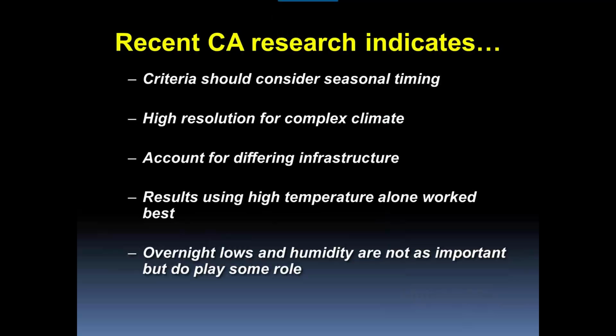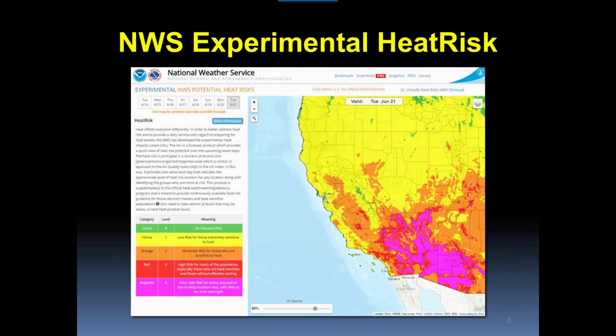We knew during the 2006 event that there were rolling blackouts and brownouts because it was so hot. So it's not just the human factor. There's infrastructure factor. There was huge amounts of livestock that unfortunately died with the heat. So there was more to it than just that. Overnight lows were also an important part, and that's actually our indication that we are seeing higher humidity for our area. So this is now what we've come up with.